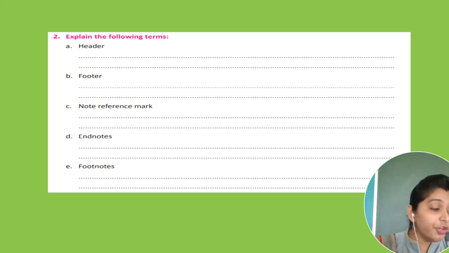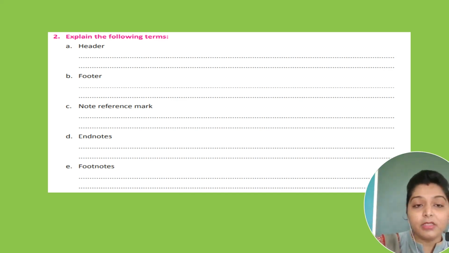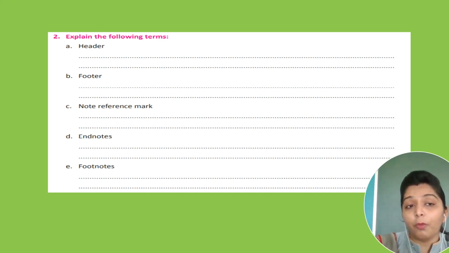Footer is a section of the document that appears in the bottom margin. Clear to you? I have explained these two terms, how you will write. Header is a section of the document that appears in the top margin. Footer is a section of the document that appears in the bottom margin.